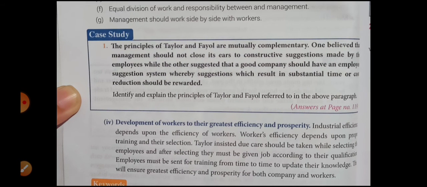Last principle is development of workers to their greatest efficiency and prosperity. According to the last and fourth principle of scientific management of Taylor, from time to time the workers should be updated, they should be promoted, and they should be given training for their updating so that they can work with their greatest efficiency for the welfare of the organization. They should be given jobs according to their qualification so that the organization can take benefit of their efficiency to the greatest level. Okay, so this is all about